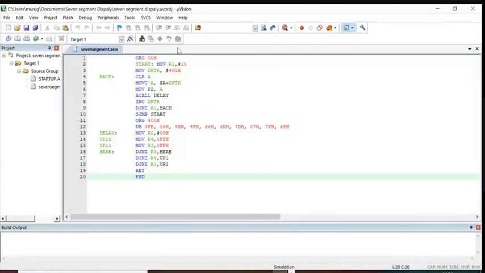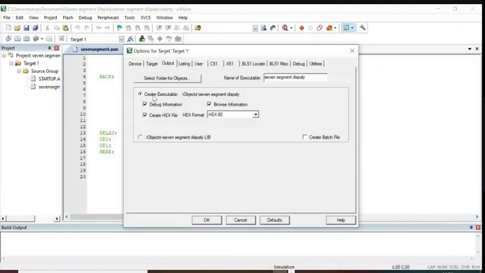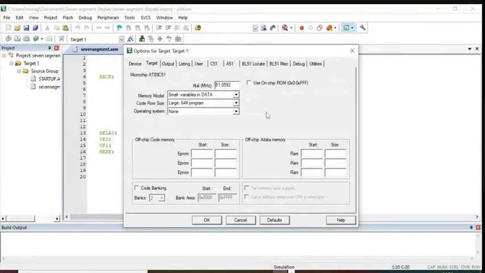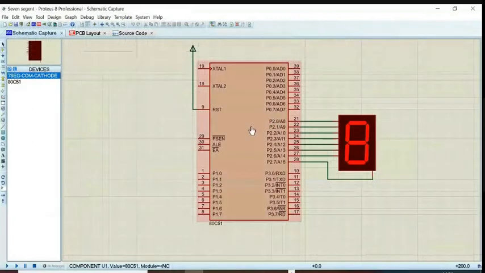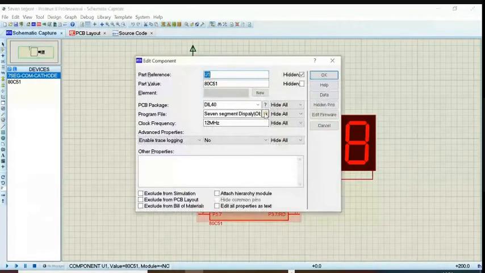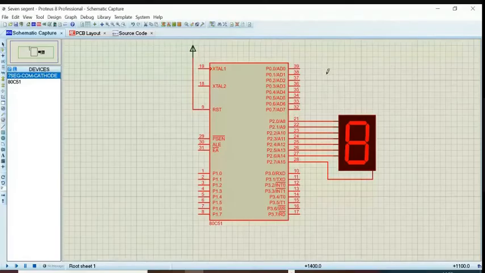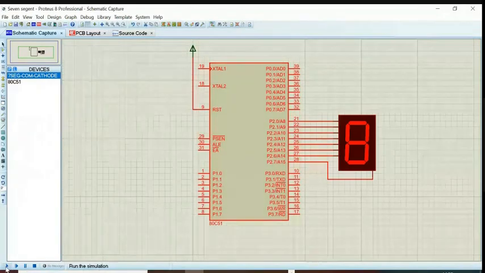Same thing. Select your output hex file, target 11.059. Build it. Check for error. If no error, then only the hex file will be generated. Okay. Now we will load. Double click on this. Then you have to run this from the bottom of the toolbar.